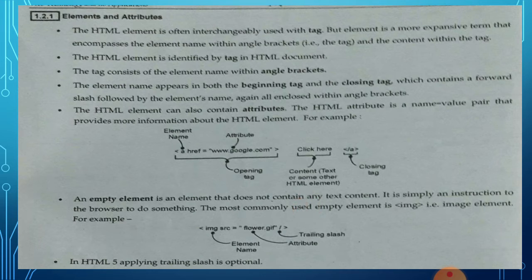Okay. Then in HTML5, applying a trailing slash is optional. This is a trailing slash, the last one, meaning the forward slash. It is closing there itself, within the same image tag. In the last class I already told you opening and closing can be given separately, or within the tag itself we can close. So the trailing slash is a closing option, and it is optional in HTML5. Okay, this is about the syntax, elements and attributes of HTML.